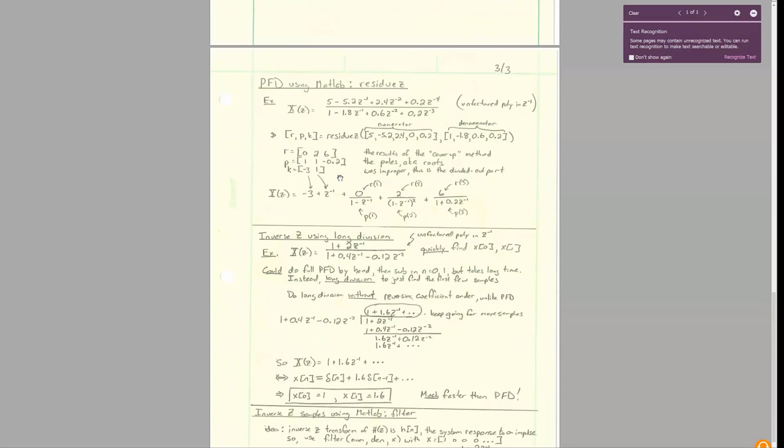And then here, your r factors go in the numerator, and your poles go in the denominator. And in the special case that you've got repeated poles, like here, it's the pole that's not raised to a power first, and then the second one, it's the pole that's raised to a power. And if you had more powers than that, there'd be another pole at 1, and then the next thing would be 1 minus the negative 1 cubed, and so on. And then from here, you can directly take the transform